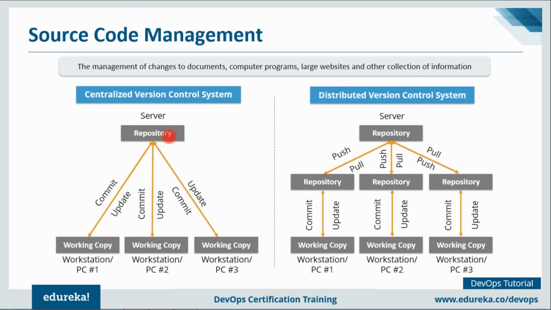So the repository in the diagram that you're noticing indicates a central server that could be local or remote, which is directly connected to each of the programmers' workstations, as you can see. Now, every programmer can extract or update their workstation with the data present in the repository, or can even make changes to the data or commit it in the repository.